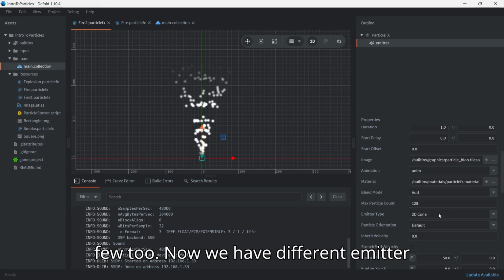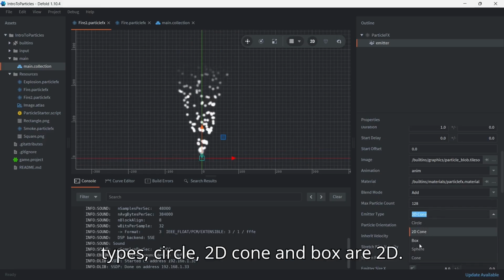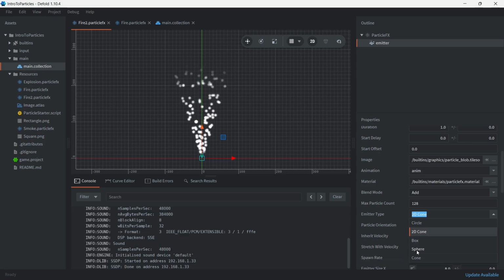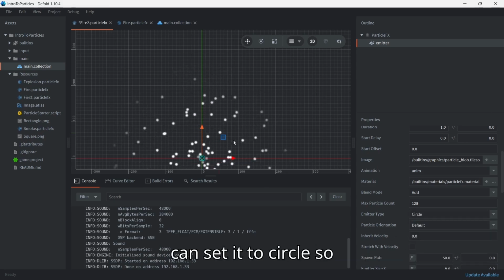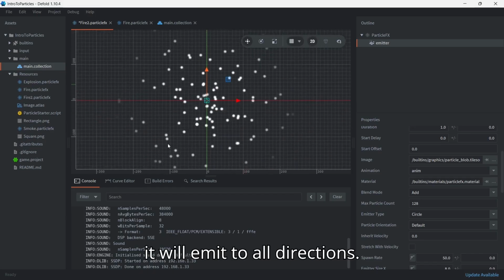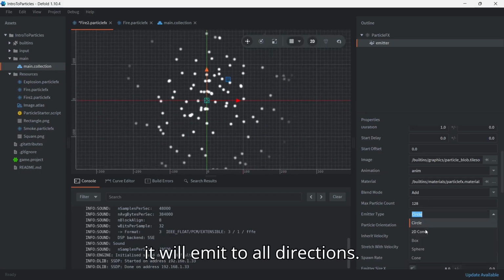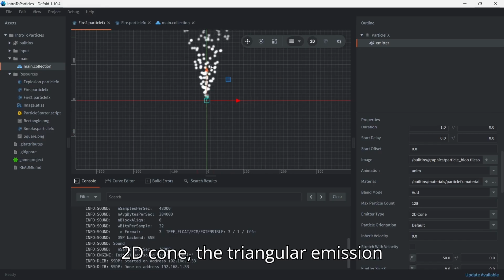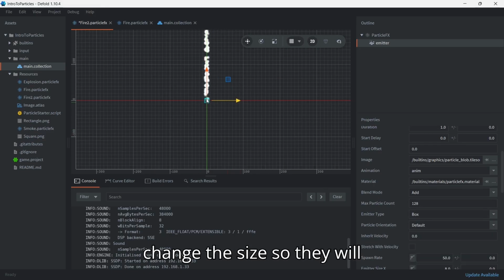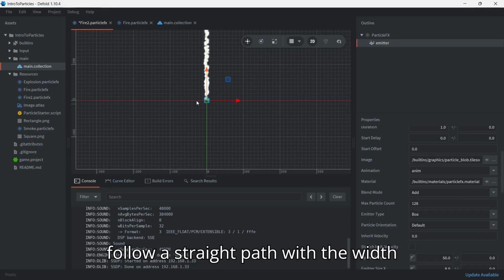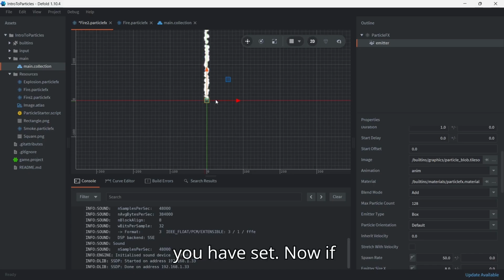Now we have different emitter types. Circle, 2D cone, and box are 2D. Sphere and cone are 3D. You can set it to circle, so it will emit to all directions. 2D cone is the triangular emission, and box is a rectangular emission. You can change the size, so they will follow a straight path with the width you have set. Now if I change the